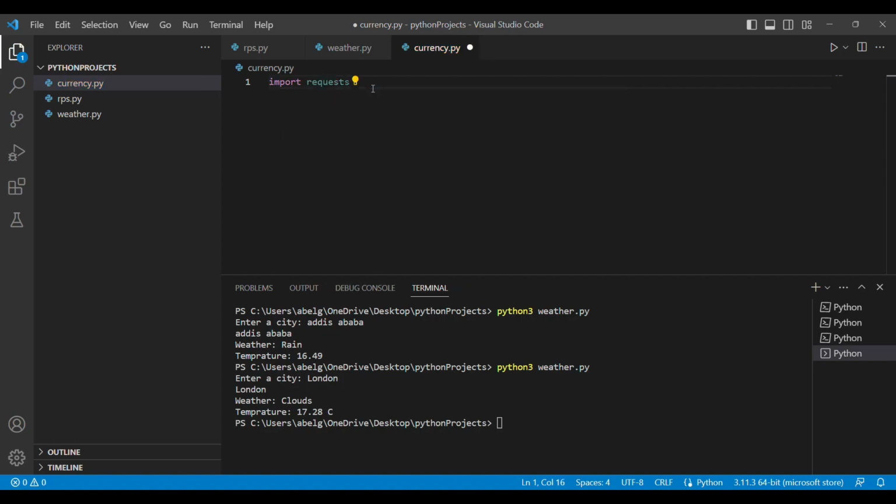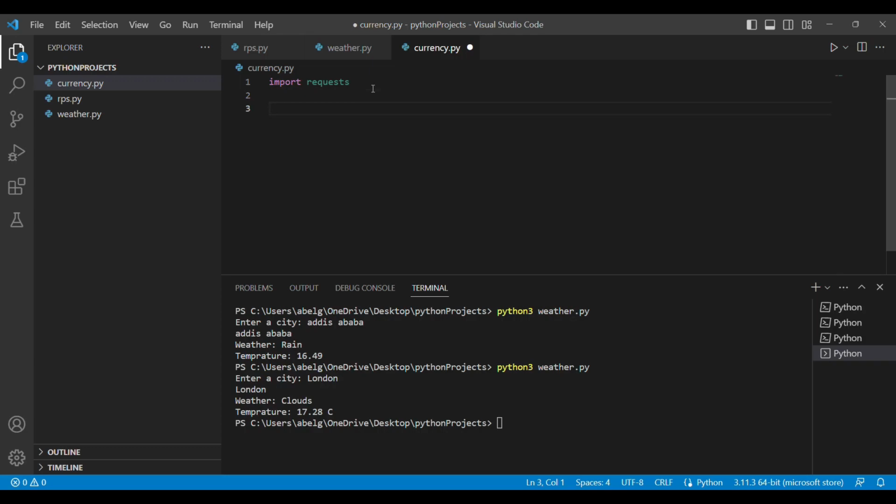So what is our plan here? We need to take 3 inputs from the user. That is going to be the source currency or the currency they're converting from, and we need to take in the destination currency or the currency they want to convert to, and finally we're going to take in an amount. So those are the 3 inputs we need from the user. So these are basic, so let's first write those out.